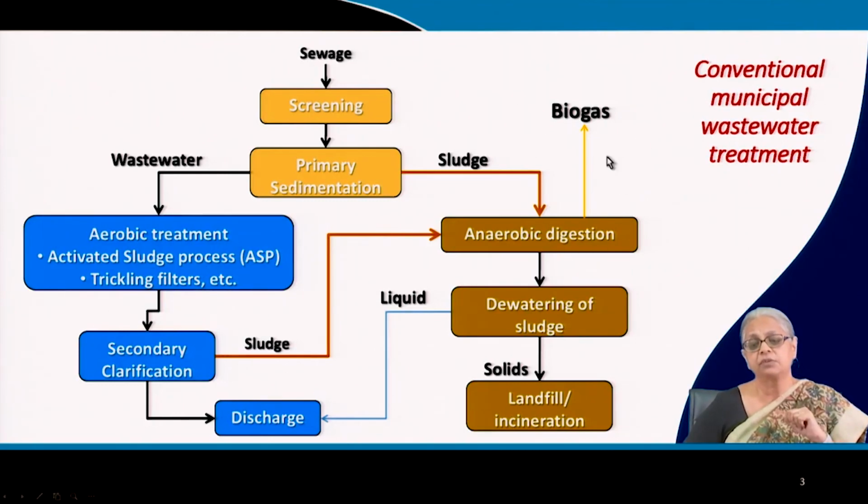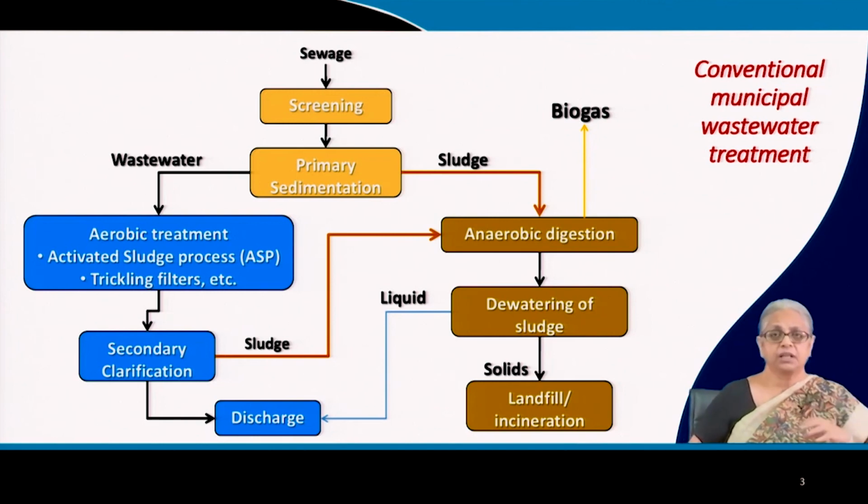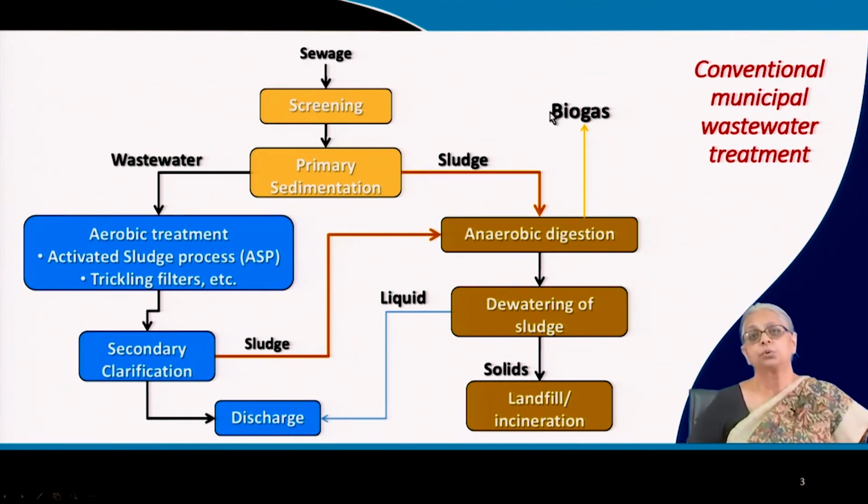So this has become a very big part of the objective of anaerobic digestion. It was not always the case. The main objective, the primary objective of anaerobic digestion was to reduce the amount of sludge. This sludge, after it has been reduced as far as possible, after biogas has been removed, it can then be